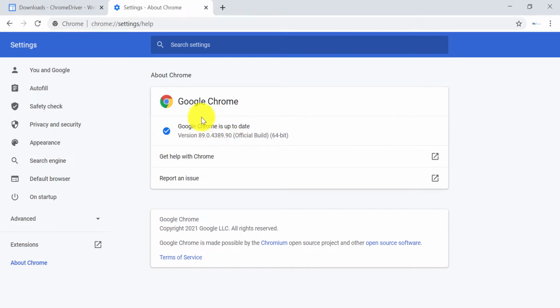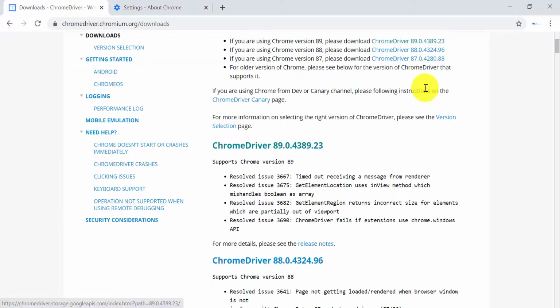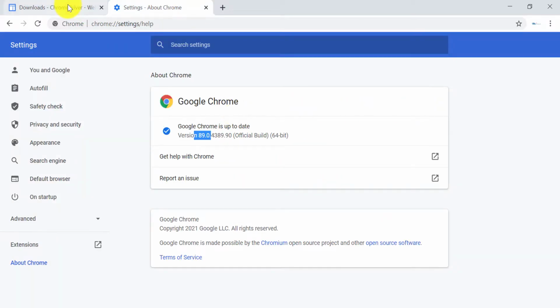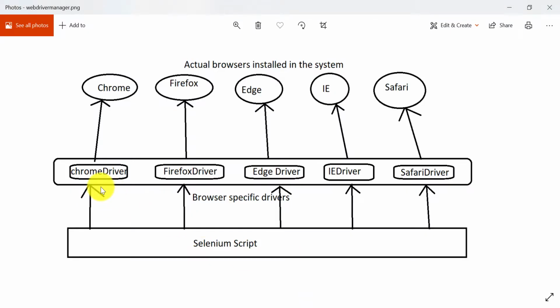Let's say after 10 days my Chrome version updated to 90, and we have downloaded the Chrome driver 89. Now the browser is 90 and Chrome driver is 89, so that is incompatible with the browser version. So you have to download the browser-specific and version-specific Chrome driver, then only it will work.